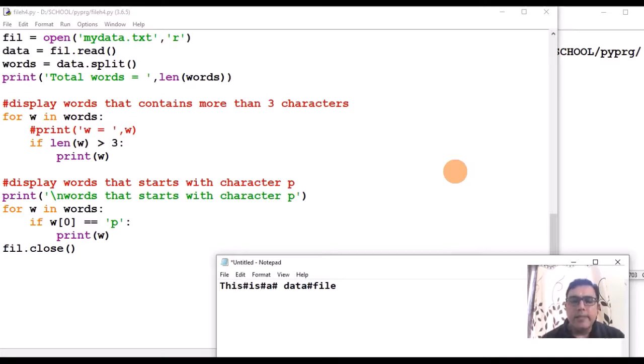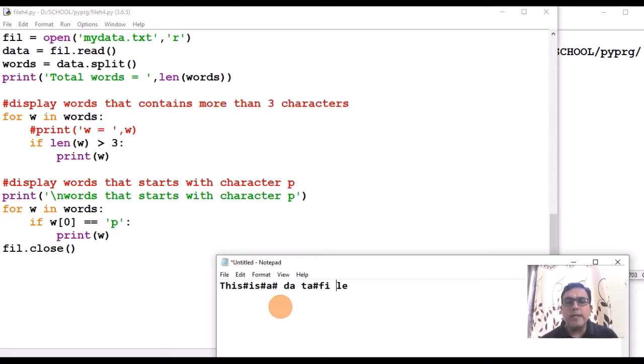This is a word, then hash. Now suppose I want a space in between here, DATA, then a space here. So now I have to process spaces in each word, but using split method.